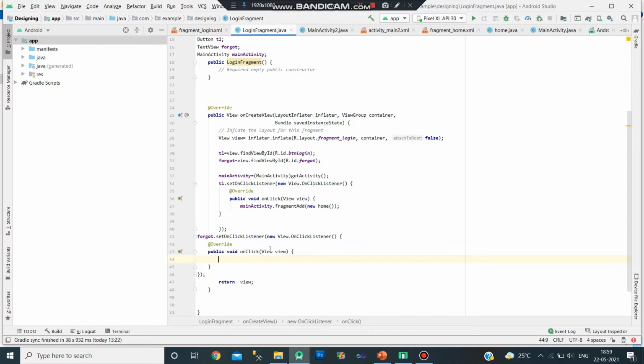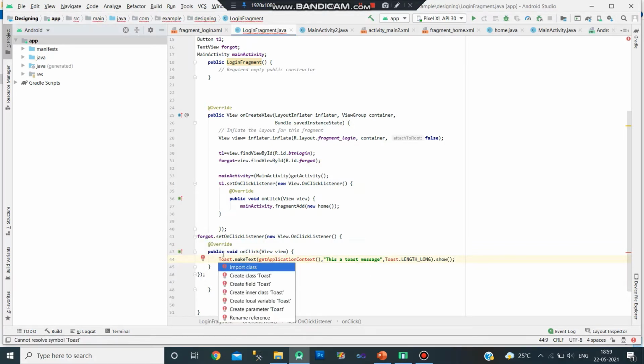Setters and getters: set method and get method. The get method returns the value of the variable name, and the set method takes parameters. So here, when I click on the forgot text view, I was simply giving only a toaster message for the id of a text. Okay, so toaster plus enter,